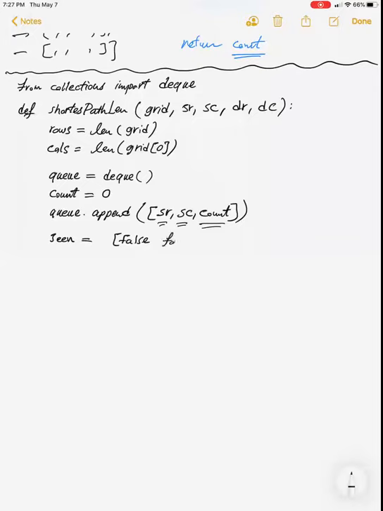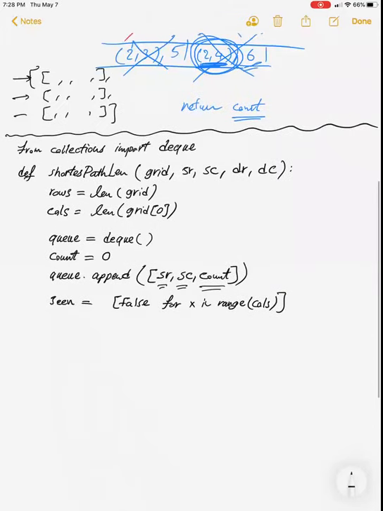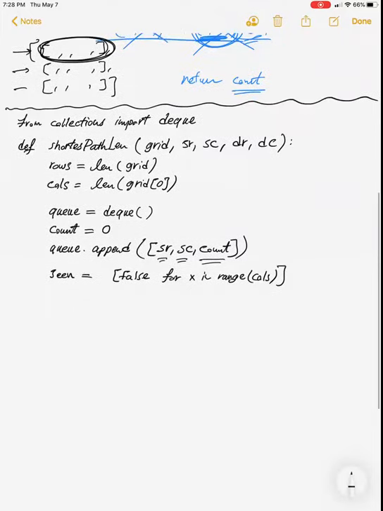False for, let's say, X in range columns. So I created here right now one array, one list with the length of one of these guys actually. Also, I want to repeat this for number of rows. You can do this in different ways in your language, but in Python it's really compact, in range